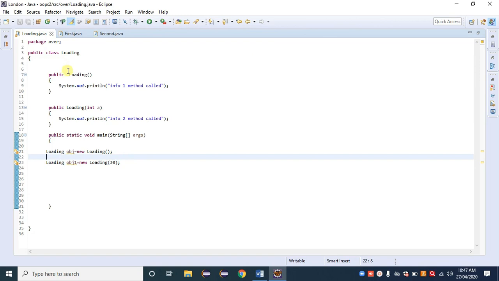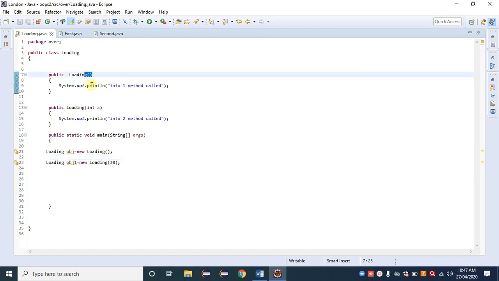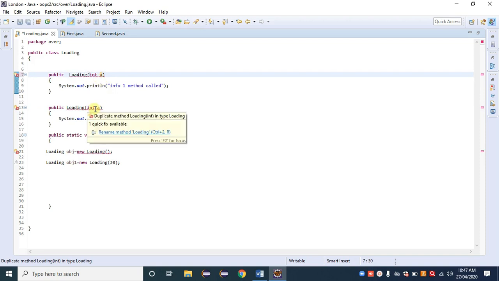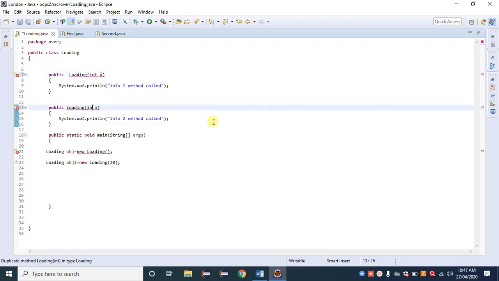Keep in mind that a constructor is overloaded by the same rule as a method. Here is a 0 parameter constructor. Here is a 1 parameter constructor. If a 1 parameter constructor int a is available, then simply change, or if there is a possibility to change, just think on that and change that. Okay, we can achieve overloading also here. Keep in mind.